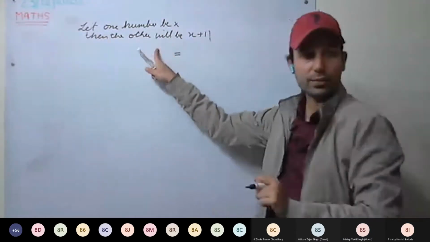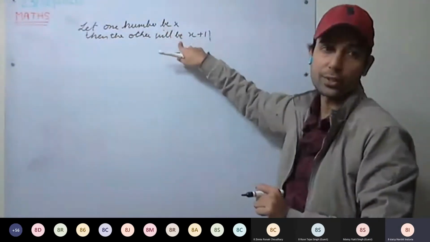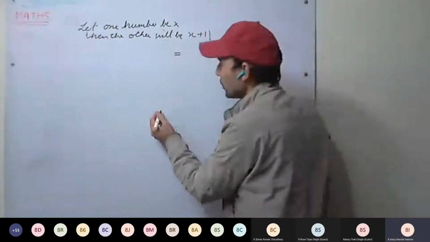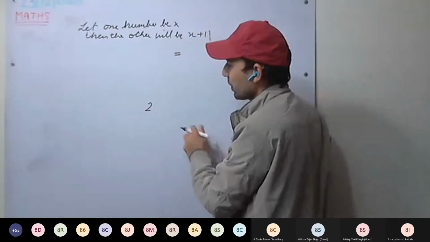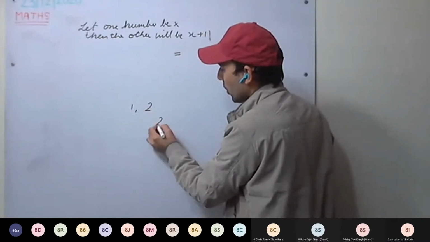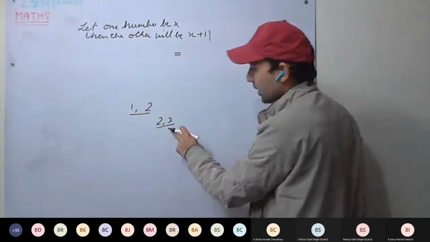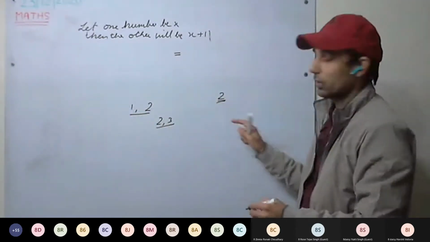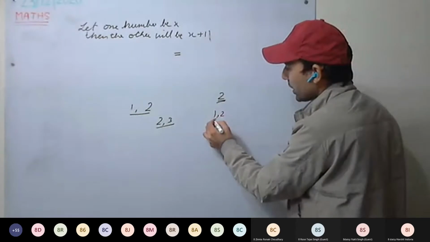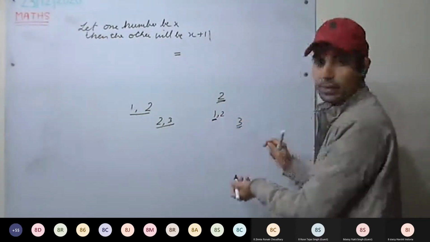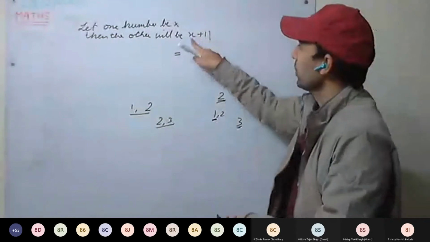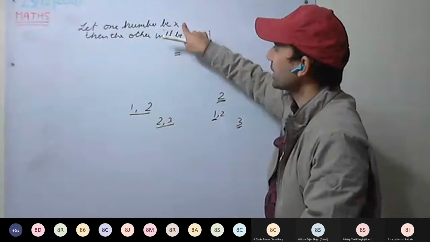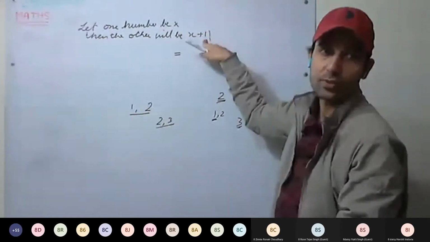So both numbers you have found out. Sir, how is it x plus 1? Because they are consecutive numbers. What are consecutive numbers? If I give you 1, find the consecutive number: either 2 or 0. If I have given you 2, find the consecutive number to 2. What will you write, 1 or 3? Yes or no? So it's easy to solve if it is a plus sign. So we always take one number as x, the other number as x plus 1, consecutive number.